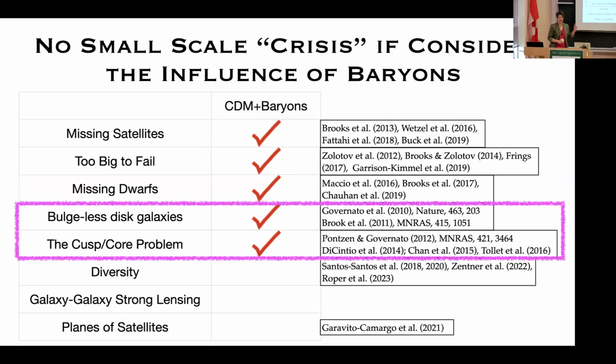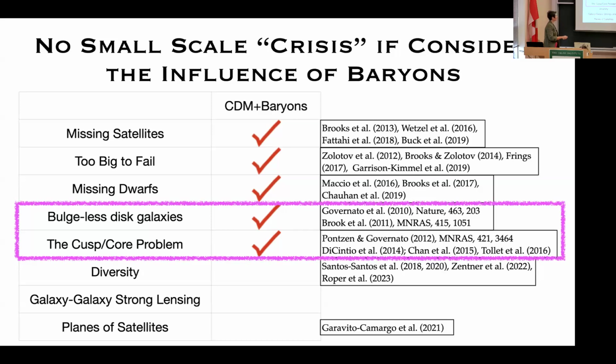You have to have lots of gas blowing out of your galaxies to solve the next two. This first one is the fact that most dwarfs do not have a stellar bulge sitting at their center. There's no way around it: you've got to blow out low momentum gas in order to get rid of stellar bulges. You've got to get rid of the gas so it can't go on and form stars. And there's no way you can modify your dark matter model, that I'm aware of, that preferentially blows out low momentum gas. So that really is a good indicator that some sort of messy baryonic physics is necessary in galaxy formation.